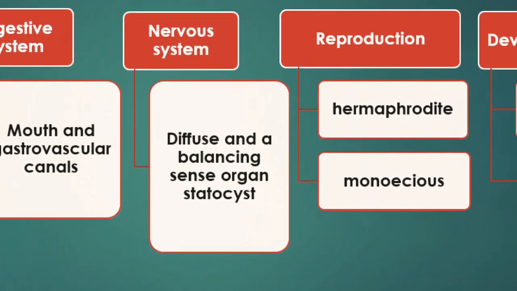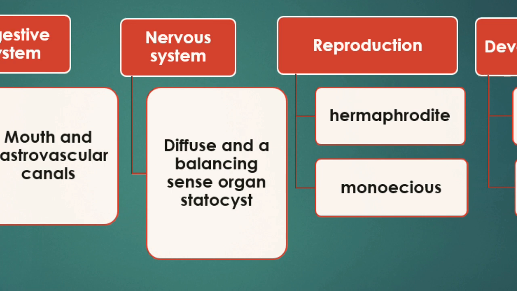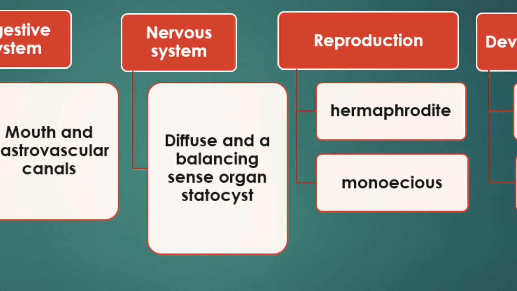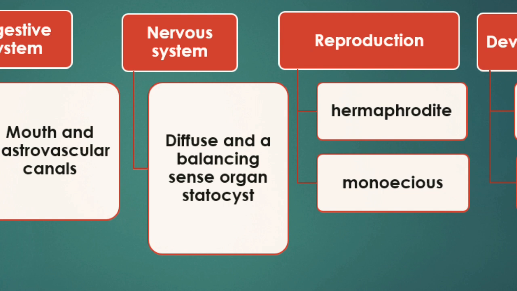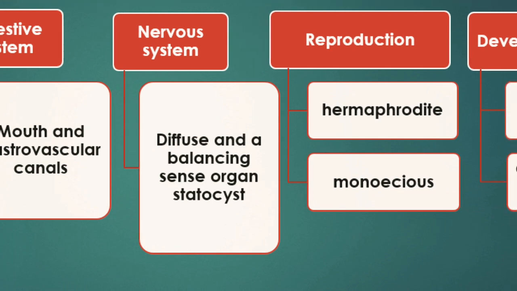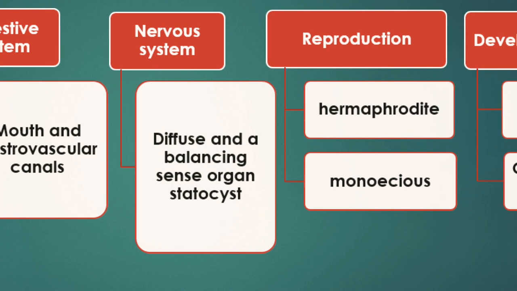Now coming to the reproduction. Only sexual reproduction is seen in their body, and no asexual reproduction, unlike cnidarians, because in cnidarians budding also occurs as asexual reproduction. During reproduction, their body has both types of sexes, so the word used for them is hermaphrodite, meaning male and female sexes are present in the same body. Another term used for hermaphrodite is monoecious.